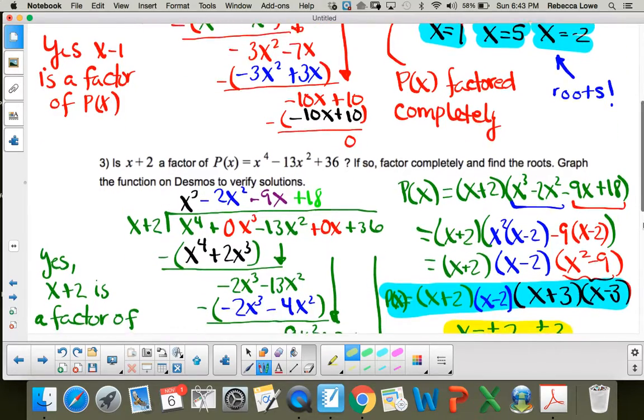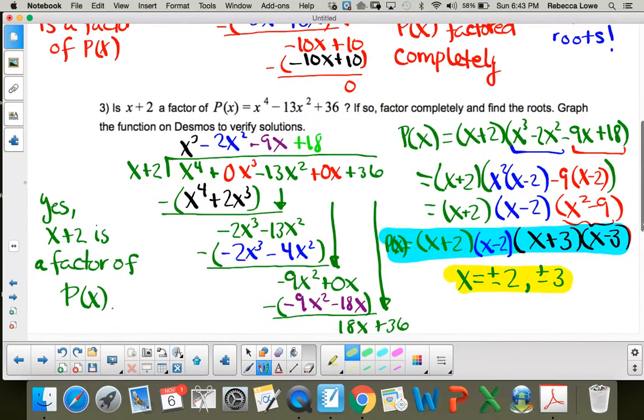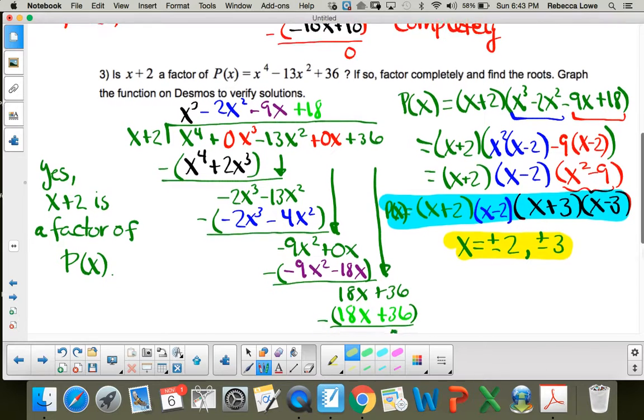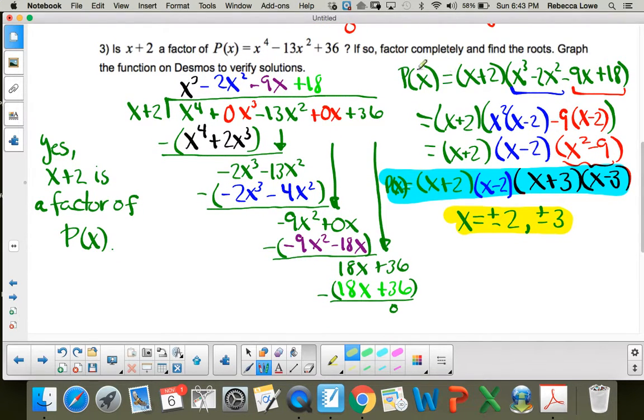We were determining if x plus 2 is a factor. It was indeed, through long division. We had a remainder of 0. We wrote p of x as a product of the linear factor and the cubic factor. We could factor the cubic by grouping, which you see here in the blue and the red. Then you get 3 factors, but this x squared minus 9 is a difference of squares, so that again can be factored. So the blue shows the complete factorization of p of x,